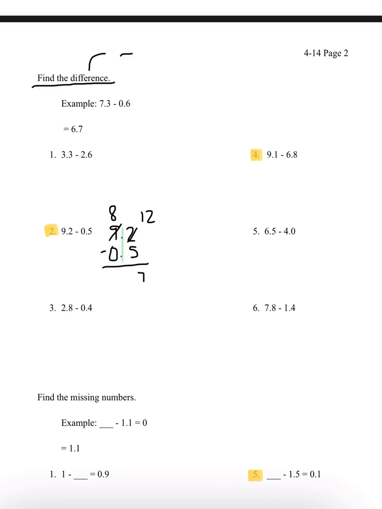And 8 minus 0 is 8. So our answer for number 2 is going to be 8.7. Next, number 4, we have 9.1